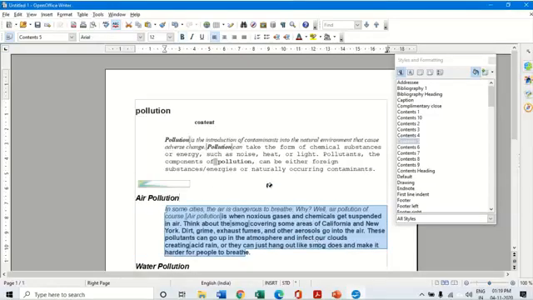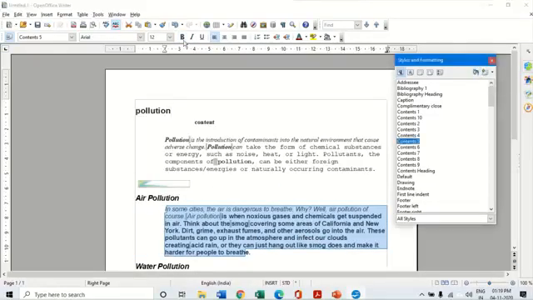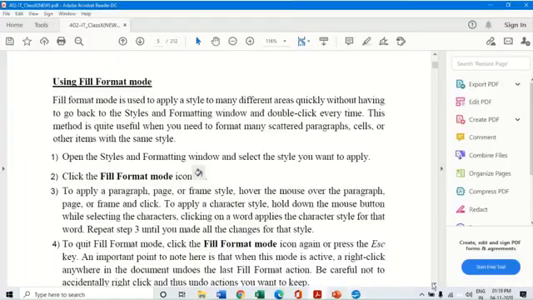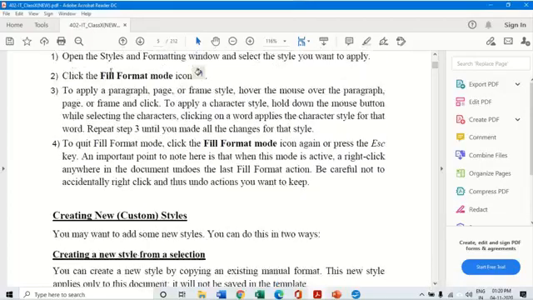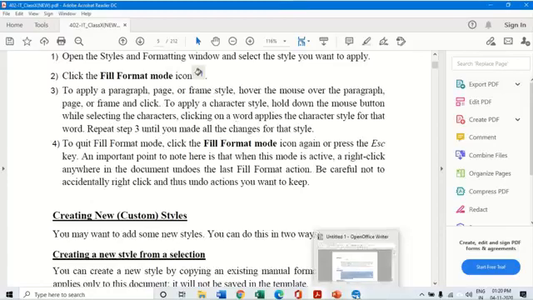So this way it gets filled, and I click on this back again, I am exiting out of it. So this is what is called the fill format mode. It is like a format painter, you can copy that same format across to selected sections of your text using the fill format mode.